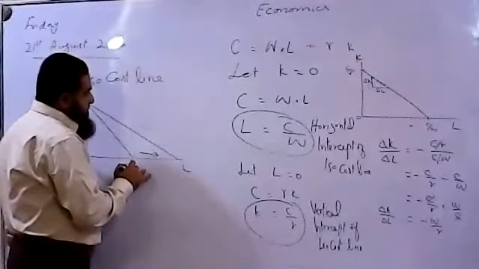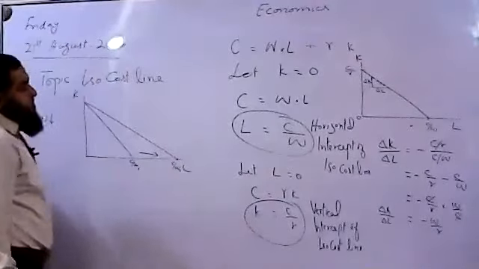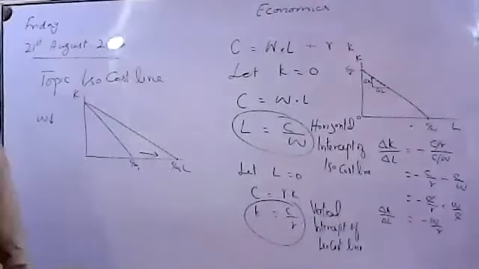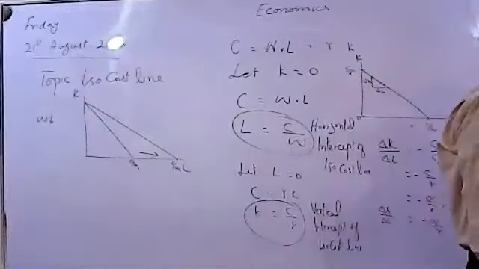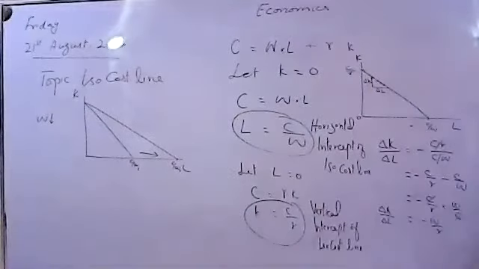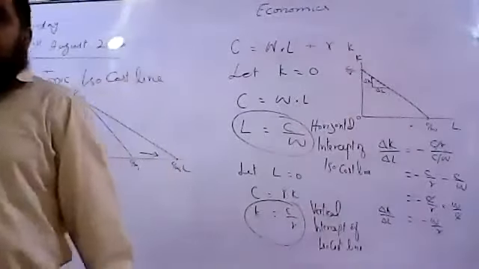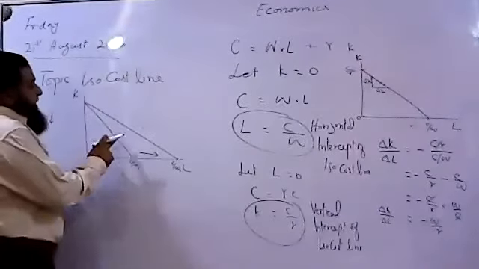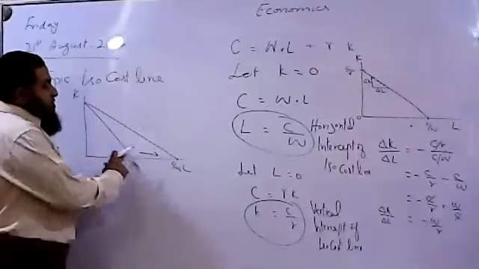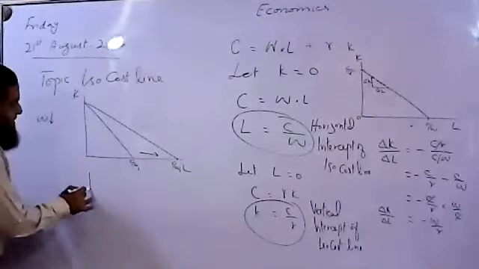This was C over W1. Now this is C over W2. More workers could be employed by the firm when wages are decreasing. So if labor is hired more due to fall in wages, it means the labor demand is negatively sloped. So when wages are decreasing, isocost line will be having pivotal rightward shift, or it will rotate rightward.